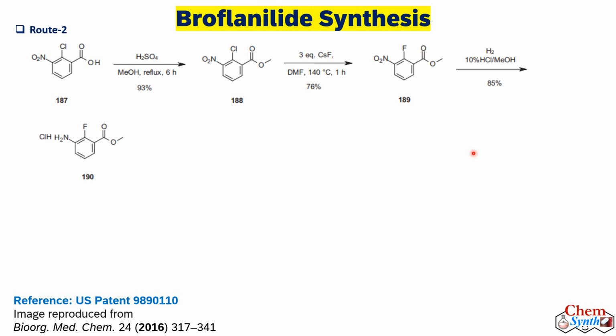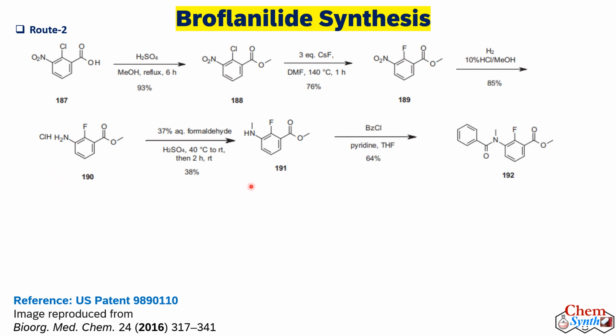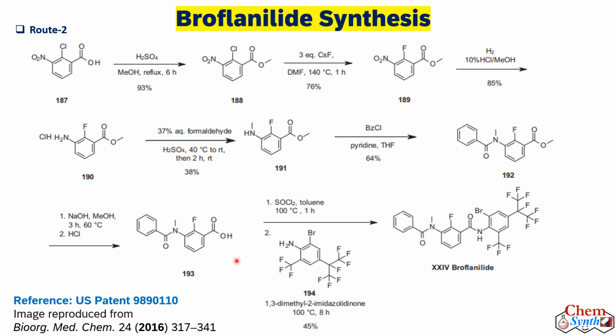And next step was the reduction of the nitro group to corresponding amine using hydrogen. Next, they performed methylation of this primary amine group using formaldehyde in presence of sulfuric acid. Followed by they have performed benzoylation using benzoyl chloride in presence of pyridine as a base. Now they have done this hydrolysis of this ester group to convert into corresponding carboxylic acid,